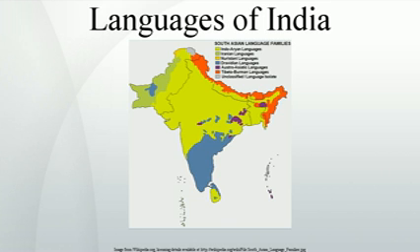According to the most recent census of 2001, 29 languages have more than 1 million native speakers, 60 have more than 100,000 and 122 have more than 10,000 native speakers. The Government of India has given 22 languages of the 8th Schedule the status of official language. The number of languages given this status has increased through the political process.